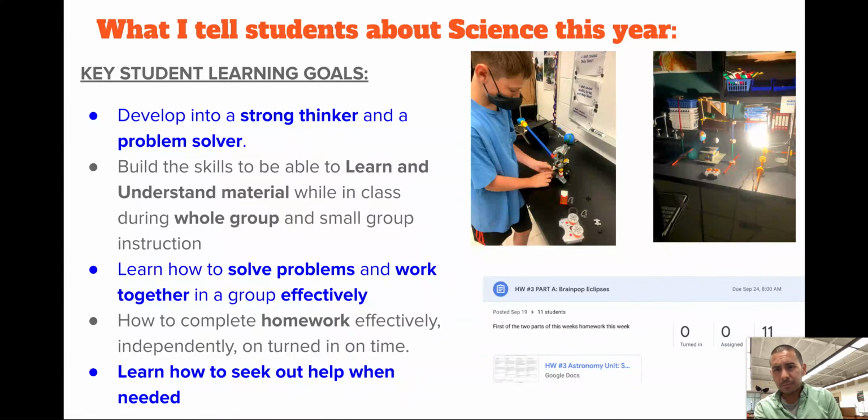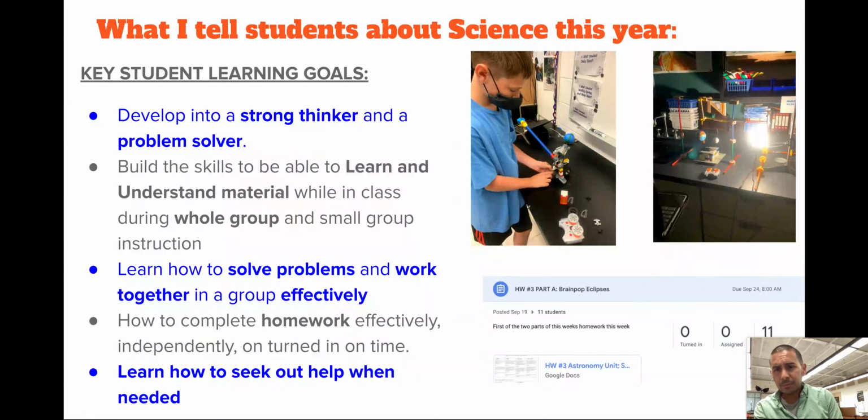We do a lot of lab work weekly in science, and a lot of that lab work is collaborative lab work where they're working together and learning those skills and how to communicate with each other, how to work effectively in a group. Those are direct skills that we try to teach as we do those science labs, and we are explicit with them about the expectations of how to be an effective group member, working with a team,